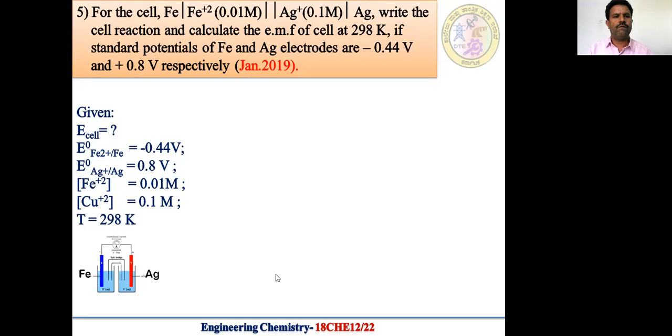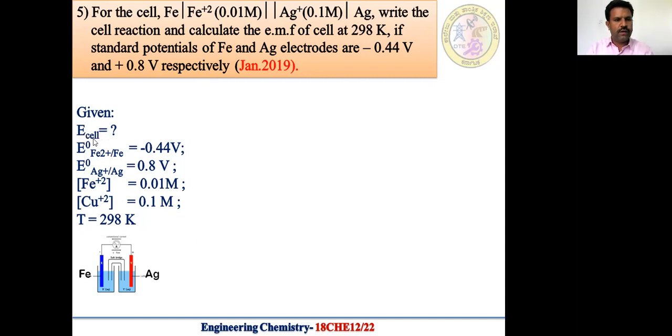Question number 5. For the cell Fe | Fe2+ (0.01 molar) || Ag+ (0.1 molar) | Ag, write the cell reaction and calculate the EMF of the cell at 298 Kelvin if the standard reduction potentials of iron and silver electrodes are -0.44 volt and +0.8 volt respectively. The given values are, here we should calculate